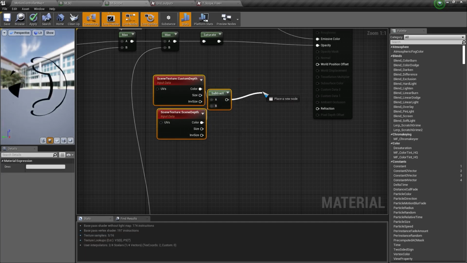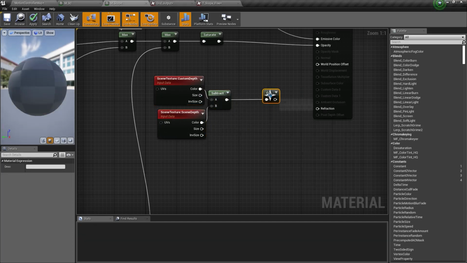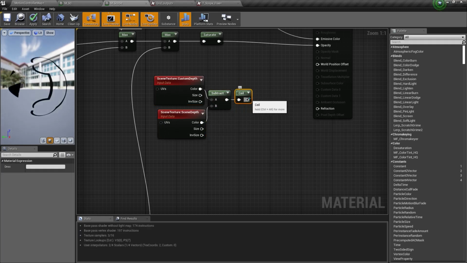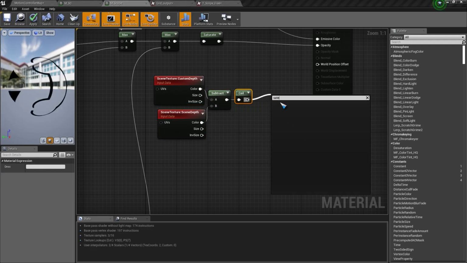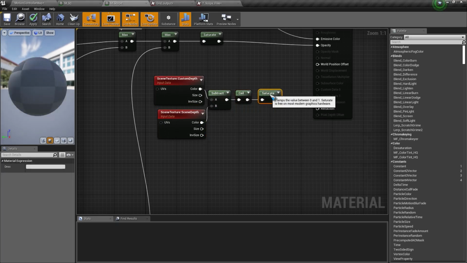Now I will just seal this and saturate this to clamp the value between 0 and 1, and now connect this to the opacity and click